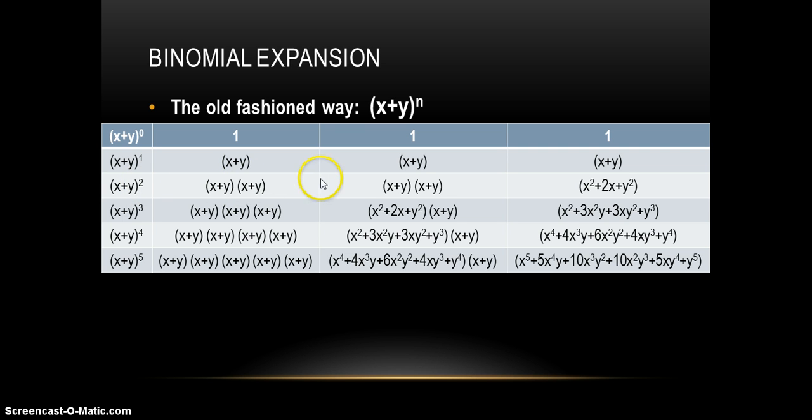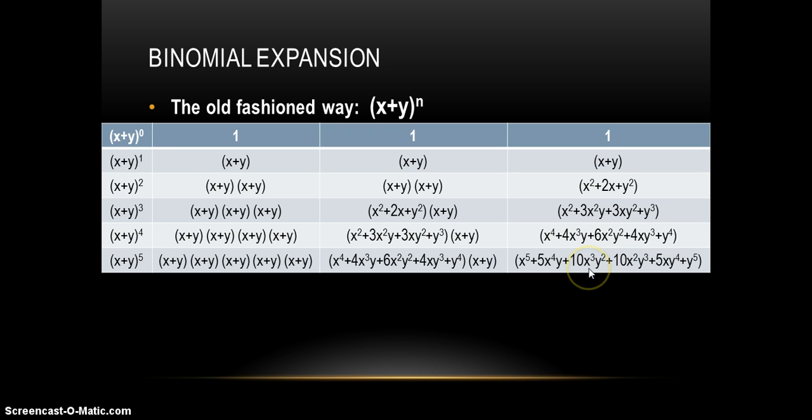We actually have to do some multiplication. Alright, this is it in expanded form. This is what you're actually doing. This is what you come up with for an answer. Now when we come down to the third, again it's expanded form, but basically we have to take x plus y squared here, multiply by x plus y to get this. And then again to do the fourth power, and then the fifth. So you've got to do all this work here just to get down to that answer there for a binomial